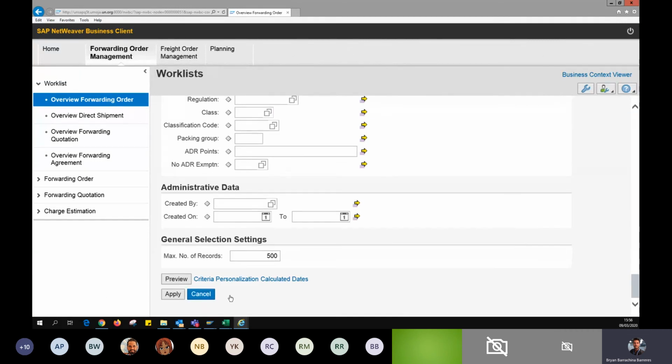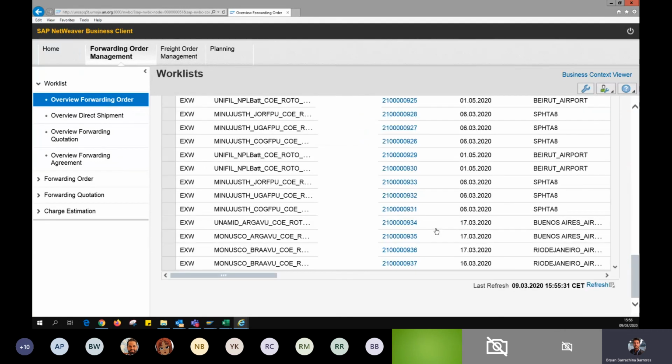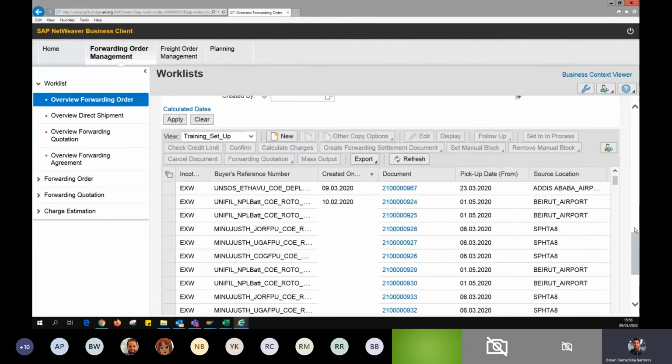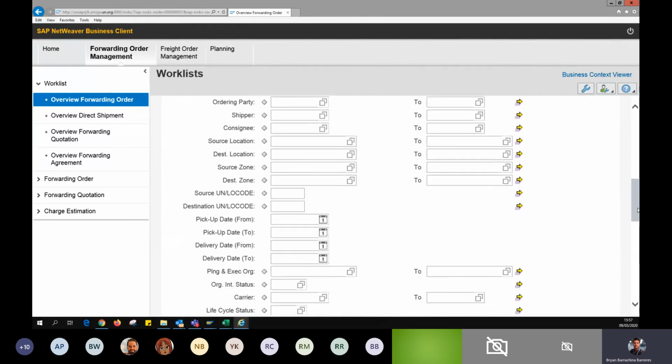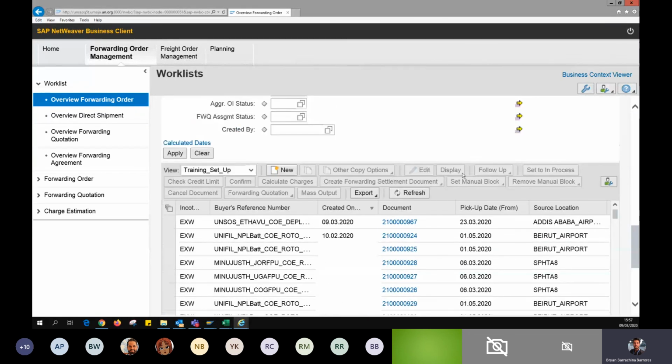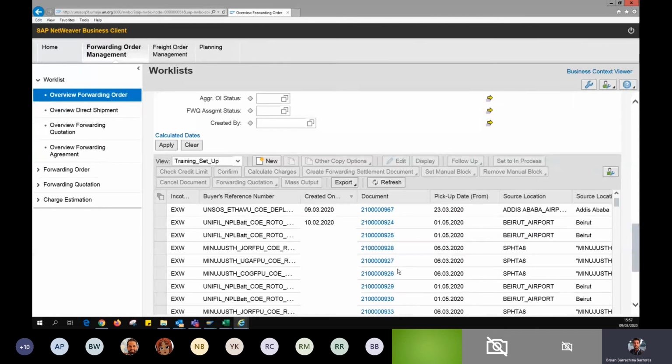Okay, let's go back. So let's cancel this, and we go back to our previous screen. So basically the search fields that we're going to be using to search for our forwarding order, the change query option for more results, and then the results, which are right here. Okay, and now we have our results. What you guys see on screen now